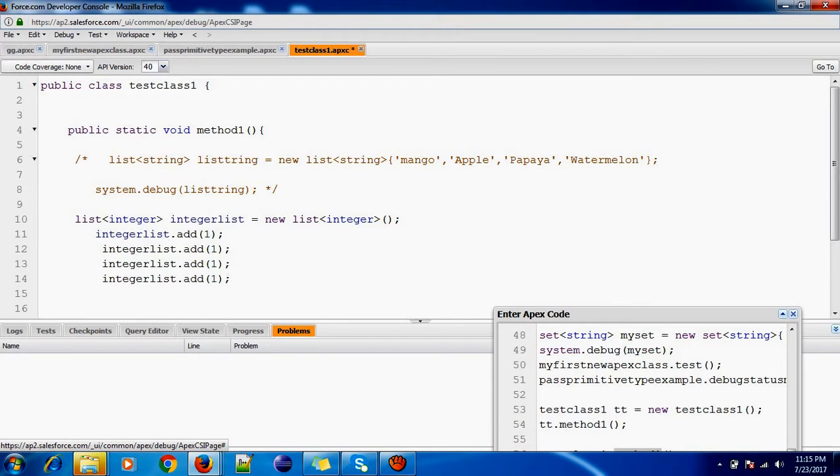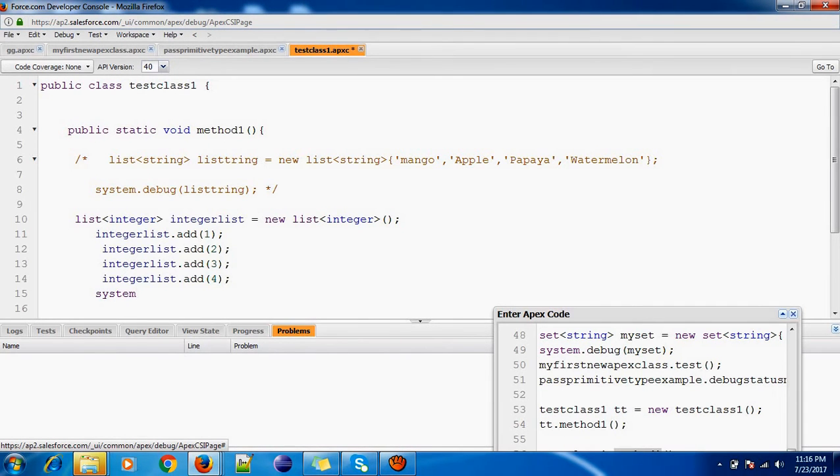Okay, 1 2 3 4. So these 4 numbers got added.